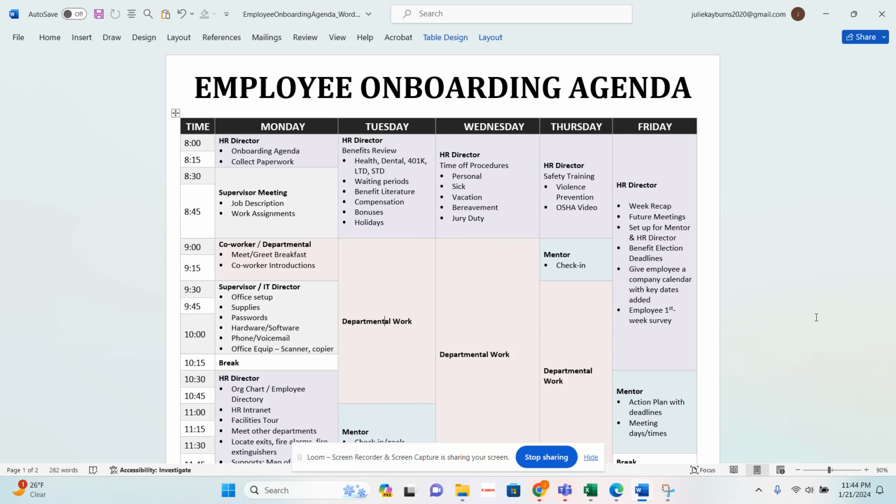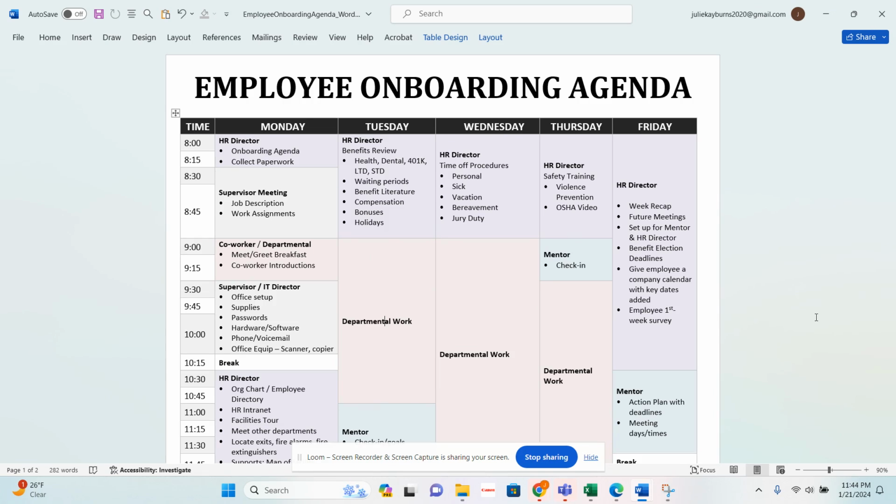You want to get that employee up to speed. It could be different if you had a whole bunch of employees wanting to start on the same day. But with this particular schedule, we are going to say this is a company of maybe 40 or 50 people, and the employee is starting today.